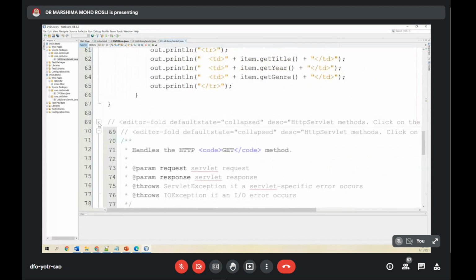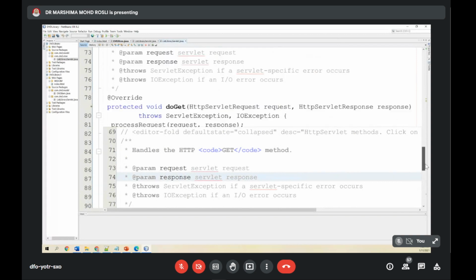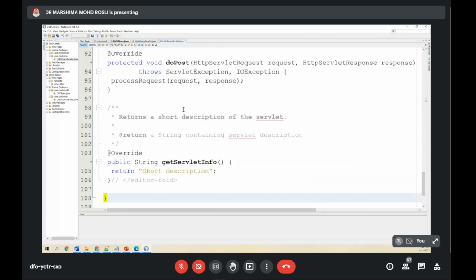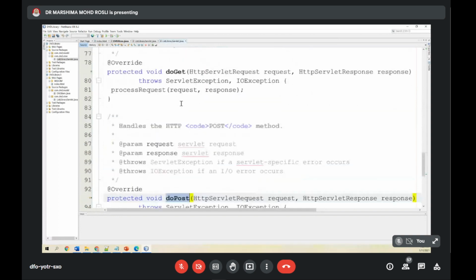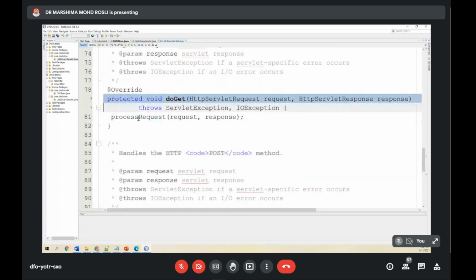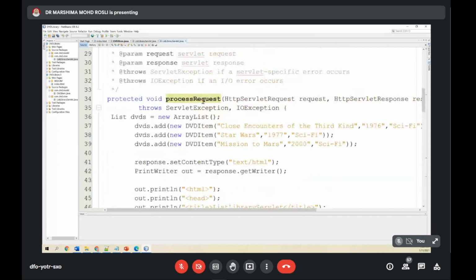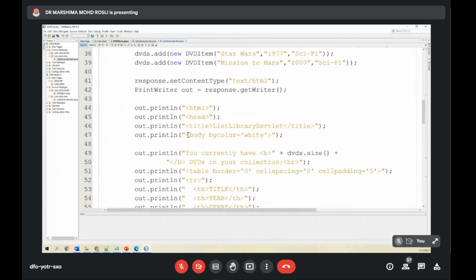The HTTP method is required in order to run the web application. So basically you need to have the doGet and doPost methods. If you look at doGet, it will go to processRequest. doGet and doPost happen when you send a request from the browser, so doGet or doPost will be executed. Right, so let's